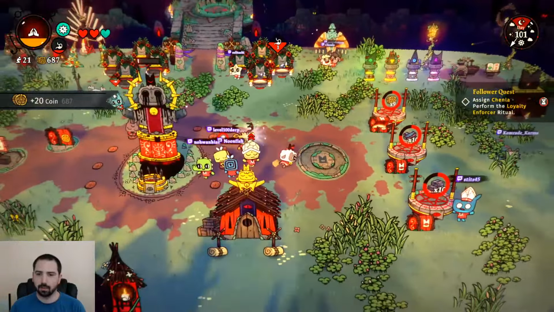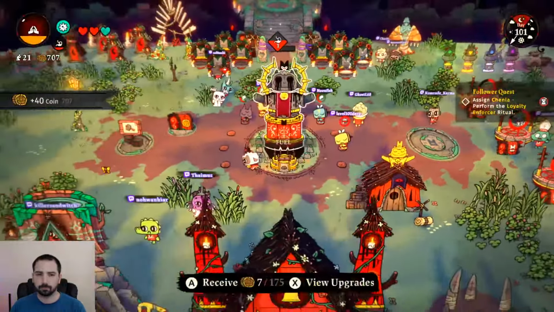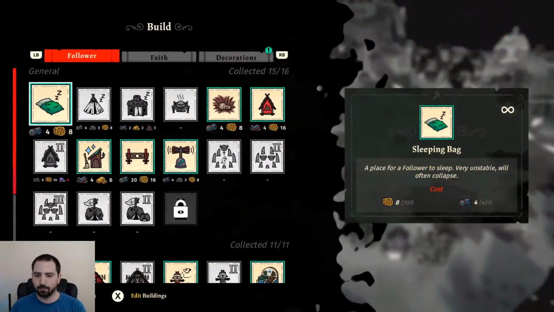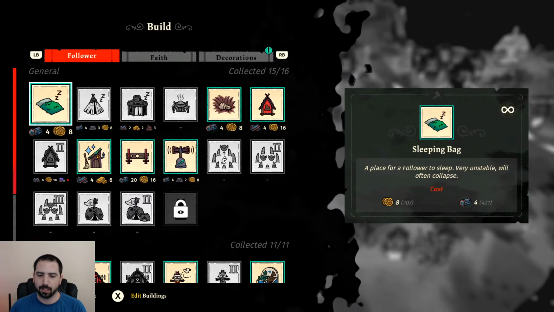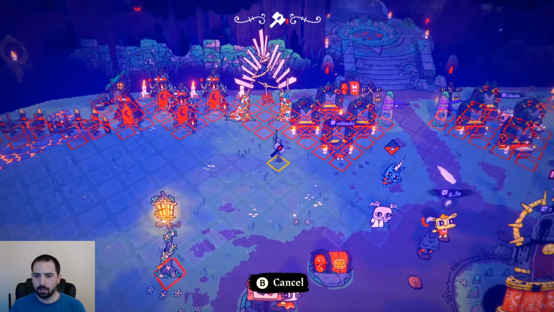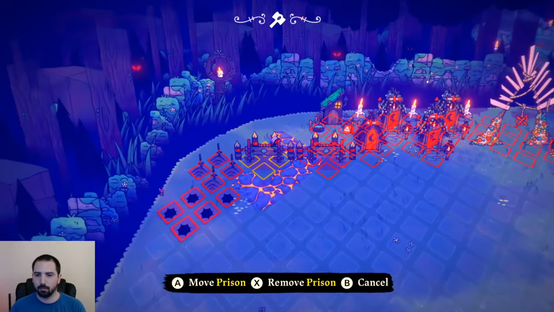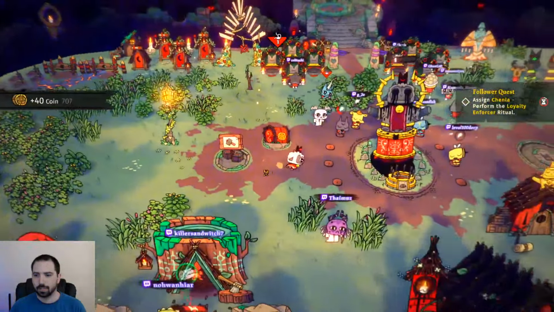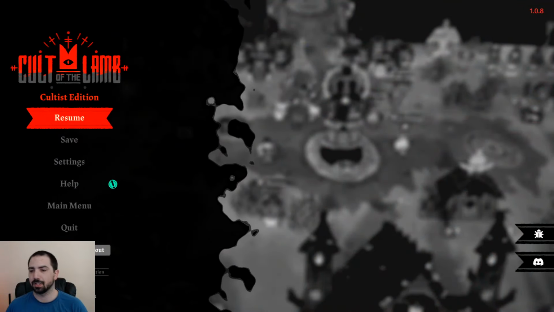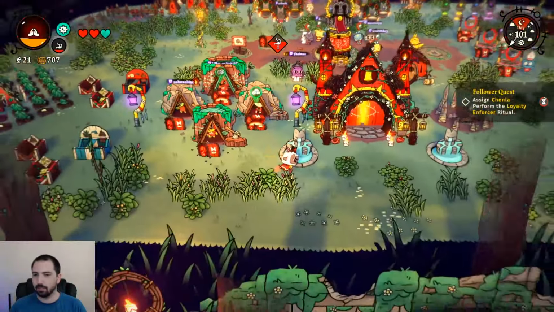Should probably talk about that. There is a way to move in the build menu. So if you open it, and I think it's square on PlayStation, but it's X on Xbox, you can edit buildings, and you can remove them by pressing X again, or you can move them around by picking them up. So you can always move stuff around if you don't like how it looks, which is a nice thing. So with that being said, we'll check out the...